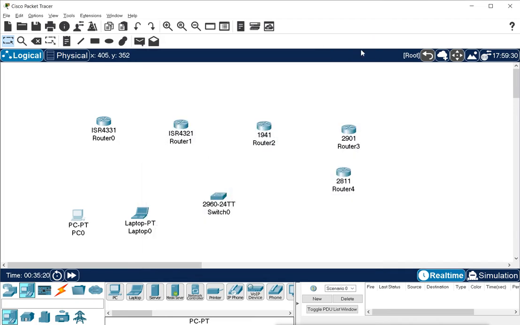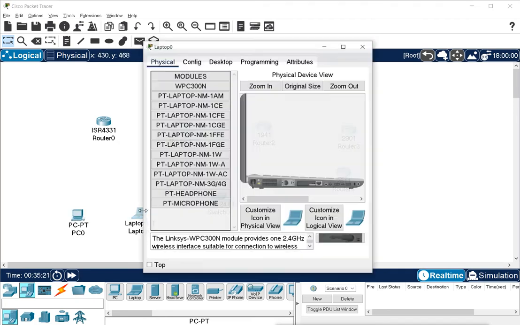But this is the laptop PC, and a laptop PC by default has the wireless interface. So you have these here. This is the laptop machine. Again, here is the power port, and also we have the power button here.